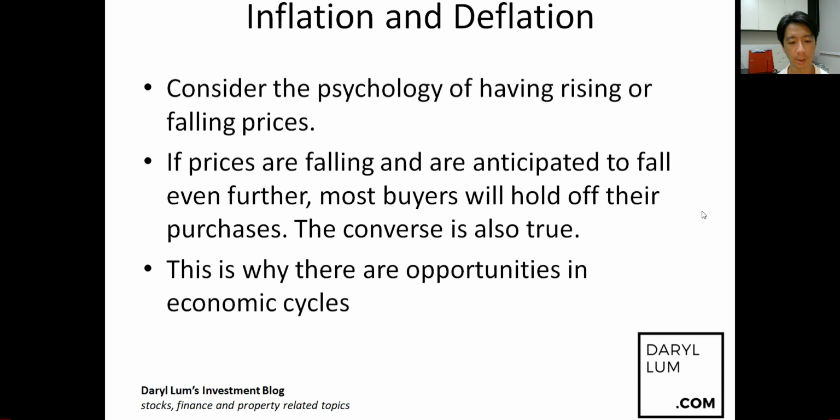So a lot of people cannot make this decision in a disciplined manner, because when the price drops by 10%, they will say, I think it will drop some more. And then it drops by another 10%. And even when it's at 20% correction, they will still say, I think it's going to drop some more. So this is something which I would like to highlight to people who are out there looking for property, or people who are investing in stocks.